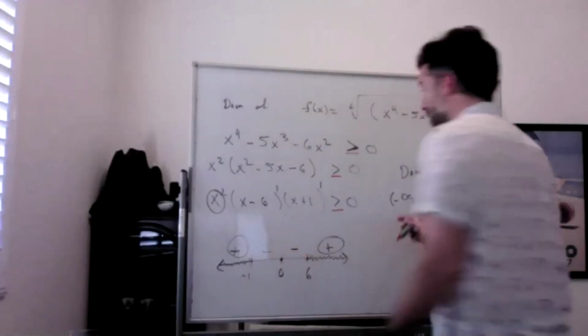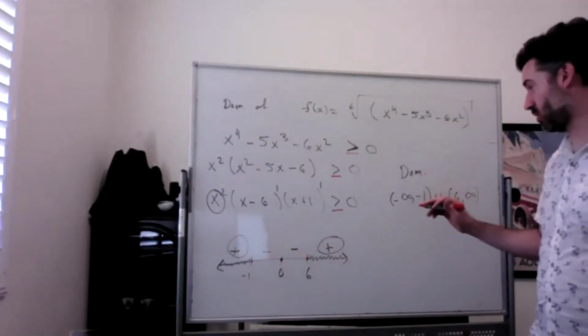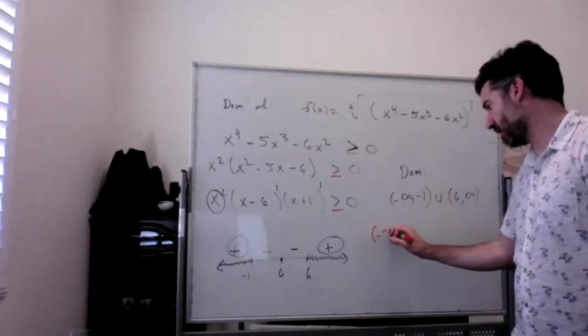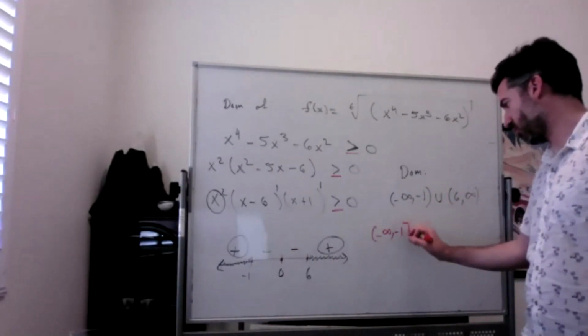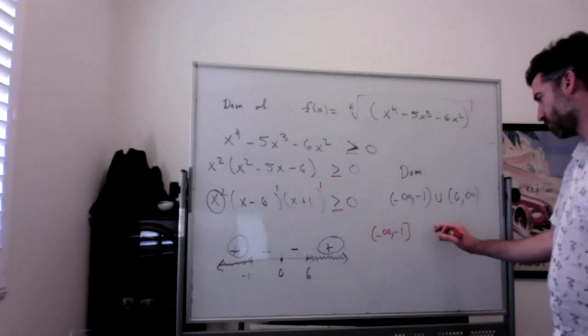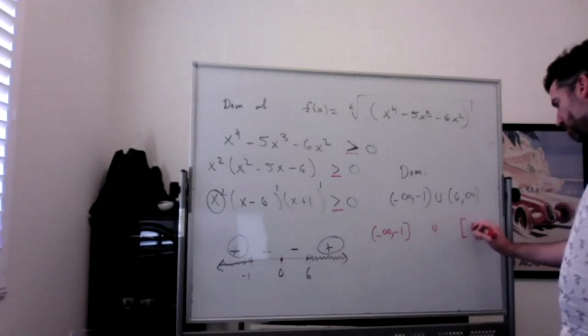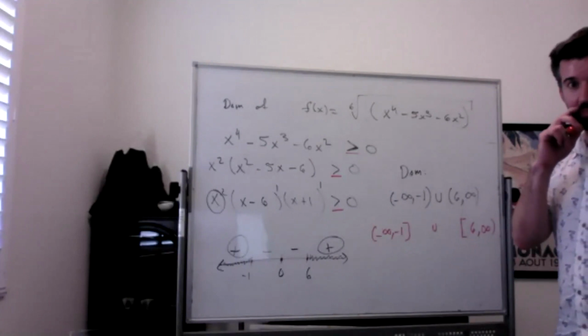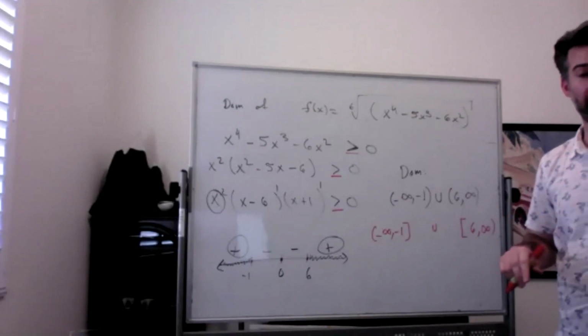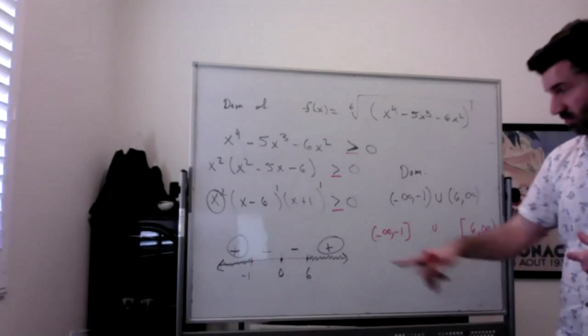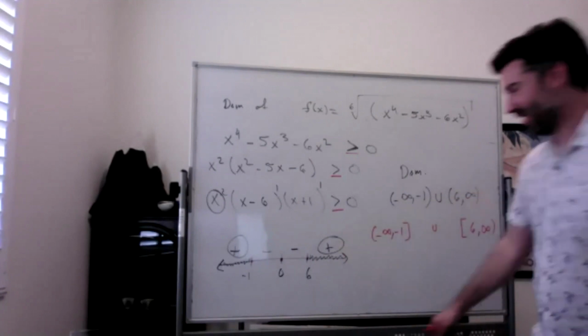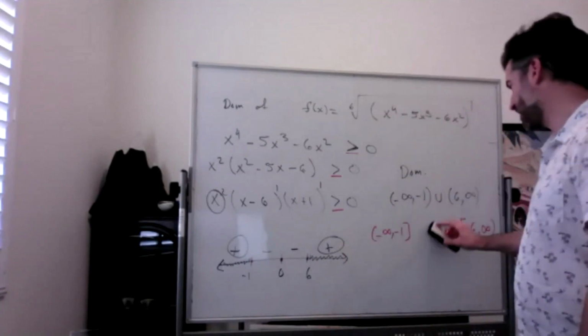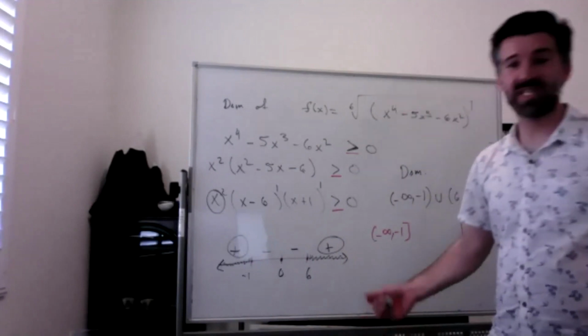I definitely have seen a lot of students say that the answer to this question is -∞ to -1 bracket union 6 to infinity with a bracket on the 6. And the problem there is that they're actually missing one important point, the 0. How do you write the 0? Well, the way you're supposed to write